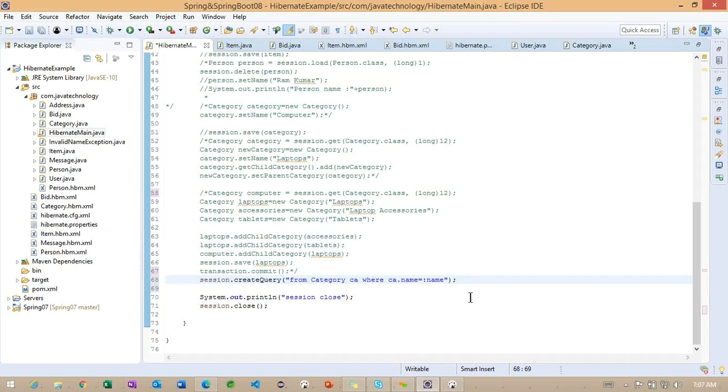One second, it's not working. What happened? Okay, let me save here. Still this workspace is going to complete. So while the workspace is building, we cannot do any other operation here. Okay, now observe.